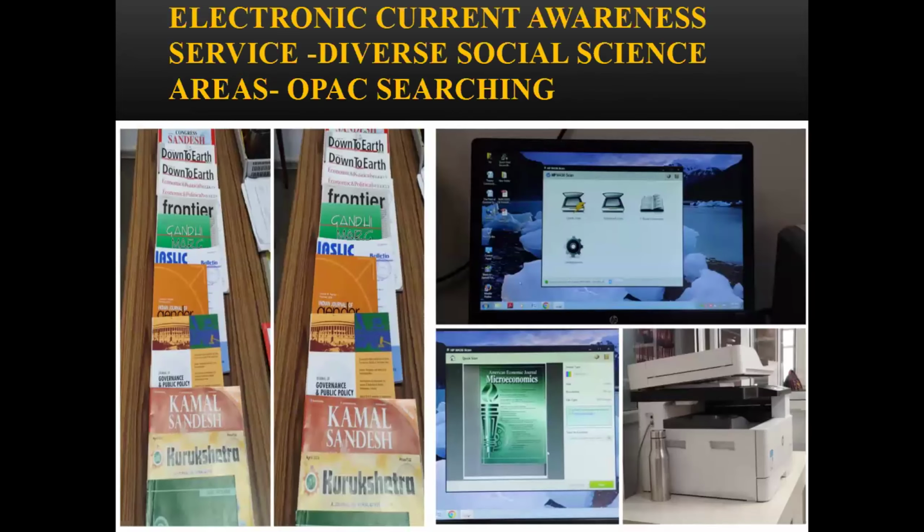Electronic current awareness service, diverse social science areas, OPAC searching, arranging journals and managing alphabetically, made it easier for patrons and researchers to locate a specific title and organize journals in a structured and accessible manner.